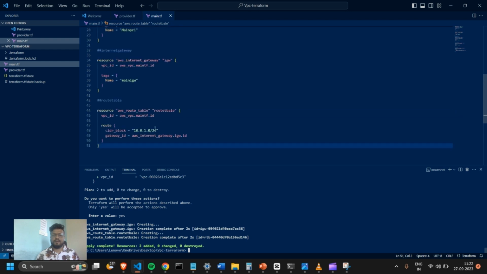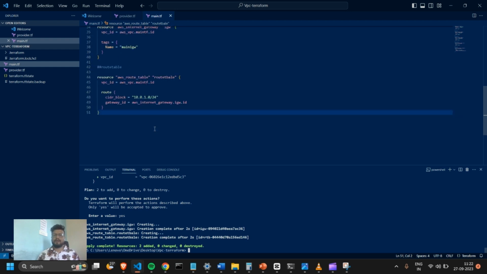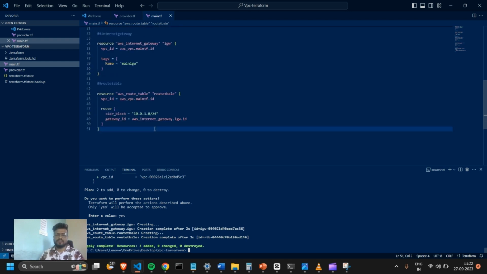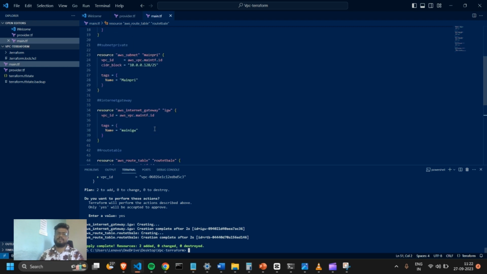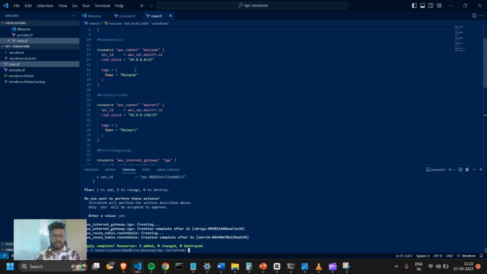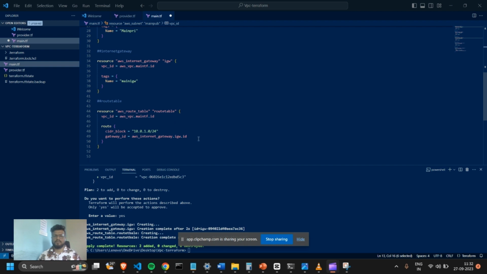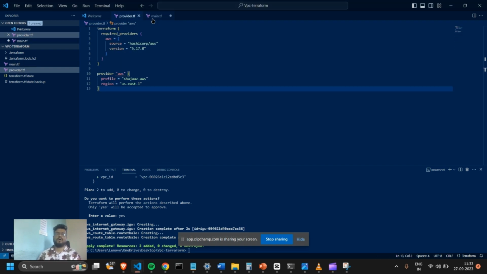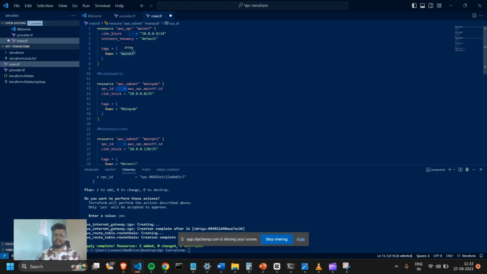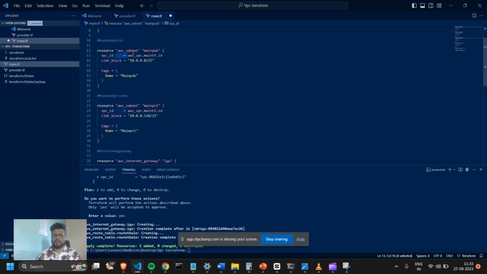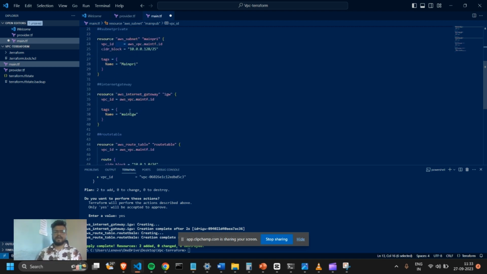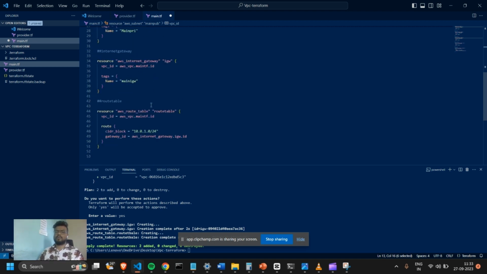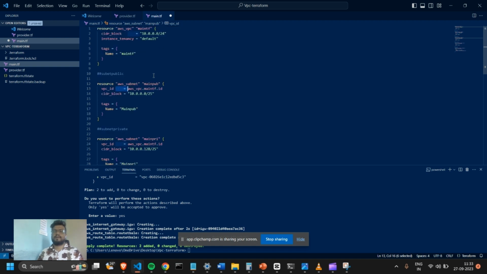Yes. Now we have to create one route table association, because we have one public route table. So our setup is ready: our VPC, two subnets, one private and one public, one internet gateway we have added, and one route table for public. So we are done with